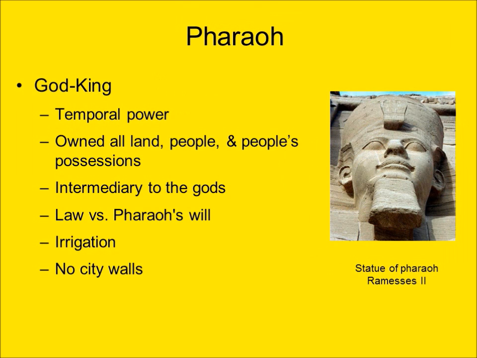The pharaoh was both the earthly ruler as well as a religious ruler of the Egyptians. The word pharaoh means great house, and it originally referred to the king's palace. At least in theory, the pharaoh wielded complete control of the land and its resources, and ruled as an absolute monarch. At times there were weaker and stronger pharaohs. His roles included being supreme military commander as well as head of government.